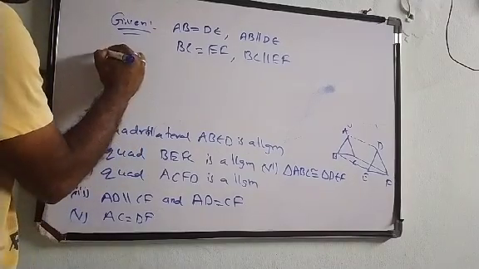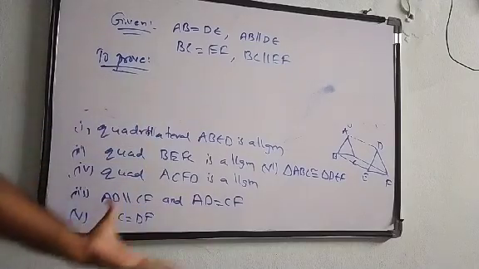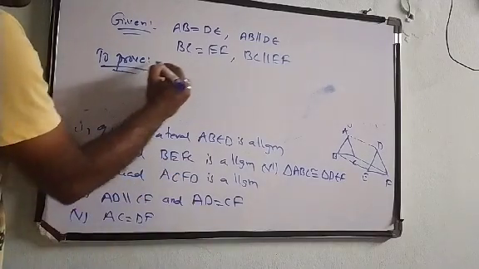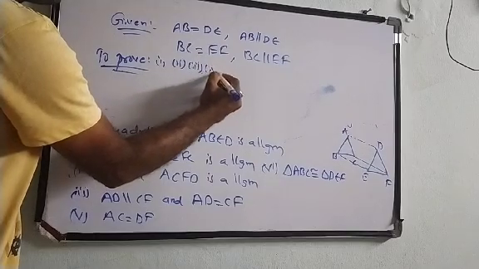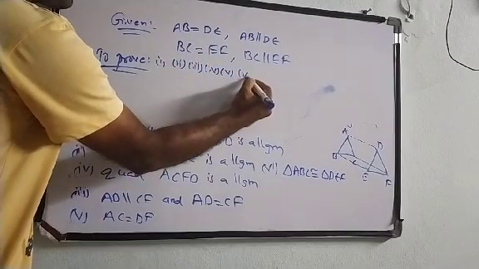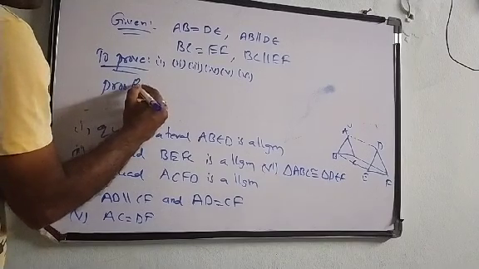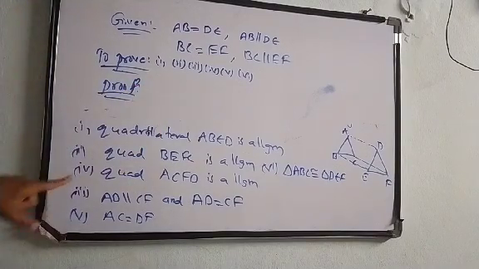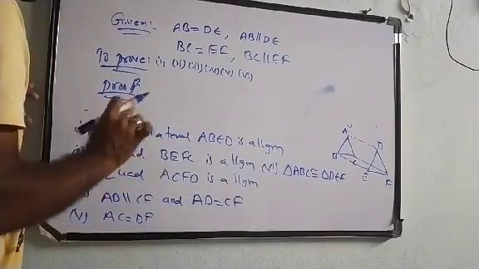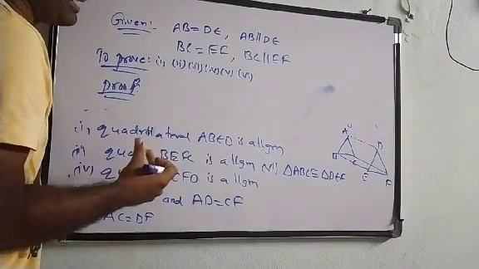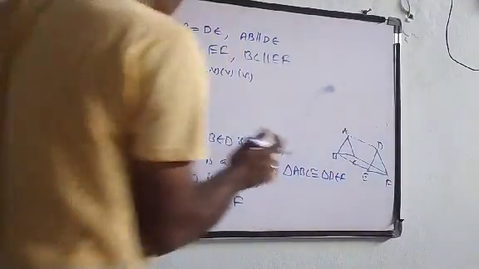So we have to prove, totally 6 different proofs. All the 6 we need to write first: third one, fourth one, fifth and sixth. So let us start doing the proof. The first one is quadrilateral ABED. I can call a quadrilateral a parallelogram if one pair of opposite sides is parallel and equal. Actually 2 pairs we can prove, but if one pair is parallel and equal, it is also a parallelogram.